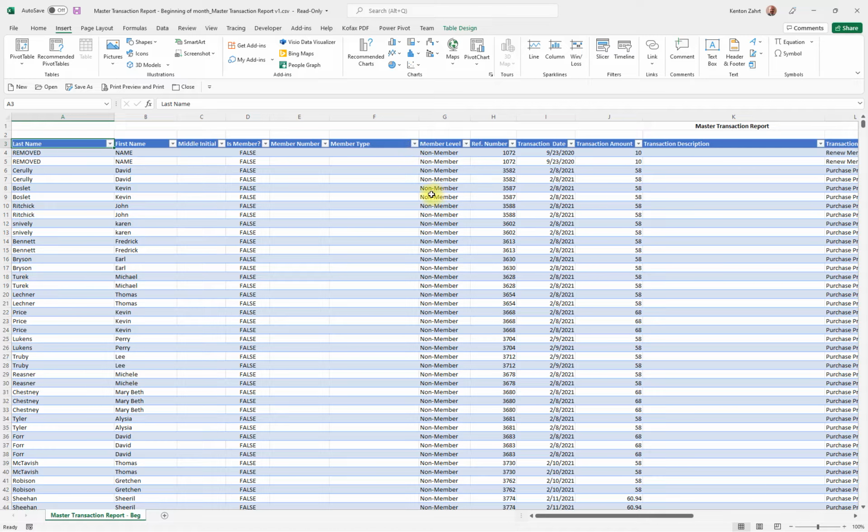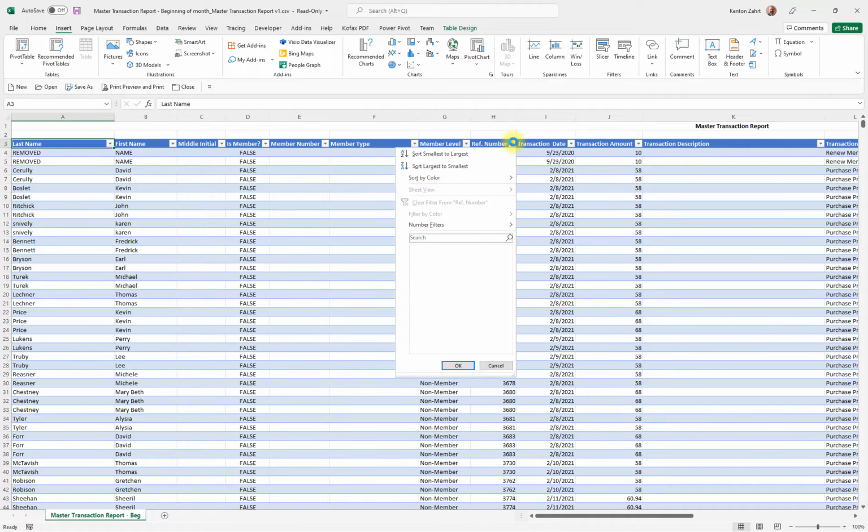All right, let's suppose that we want to sort the entire table by reference number. Lowest numbers first, highest numbers last. So we will go ahead up here and click on the drop down button for the reference number